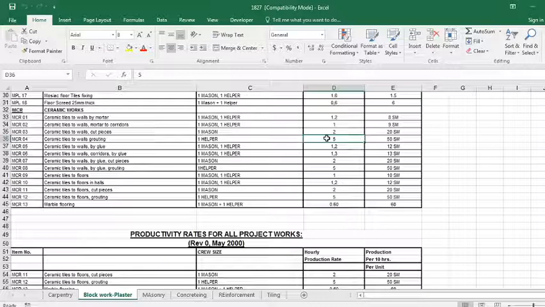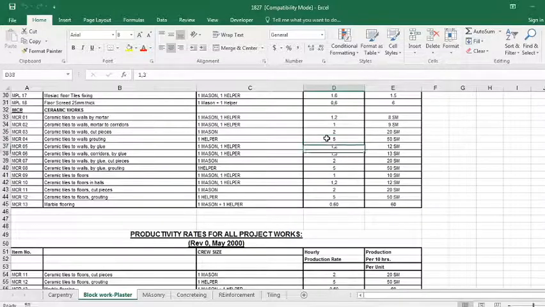Now what we want is for these people to work so much. That is how we have to monitor tomorrow. If you don't know how much work has to be or can be done per day, then how do you say that this much work you have to do? Because our job is to make sure that the project finishes on time, within schedule and within the budget. Now how do you say within the schedule? How much time does it take? If you do not know that, how do you schedule it?